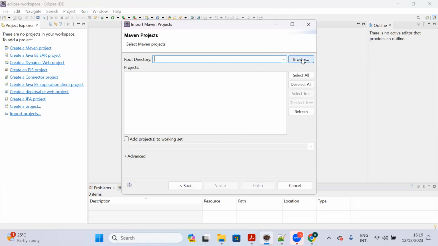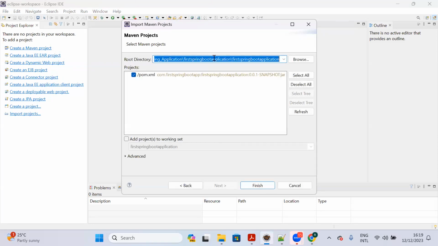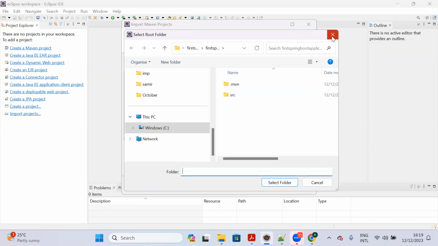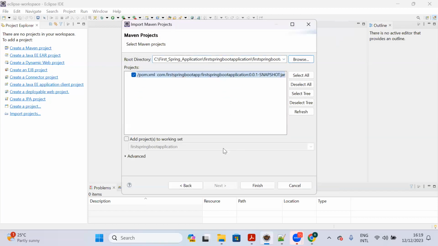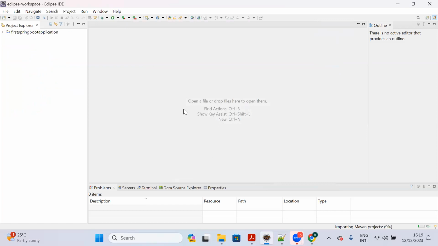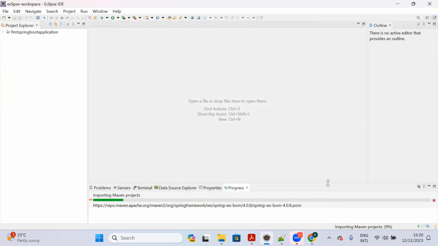And you can browse the project which you have extracted. I already copied that project folder, I just copy-pasted it here, and then click on the finish button, or you can browse also. You can browse wherever you have extracted your project. Just select the root folder of the project and then click on select. That's it. Finish. So you can see, if you see here,